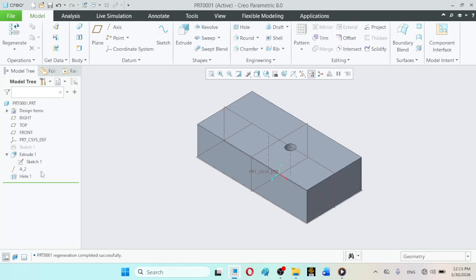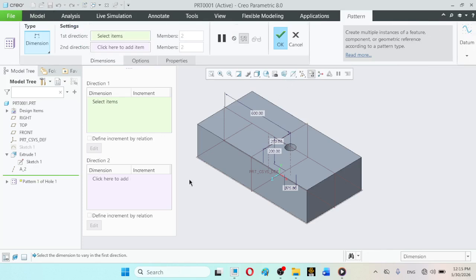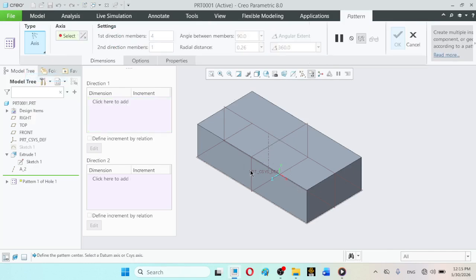So here the datum axis has been created, and after that you again click on hole and pattern, select the axis option and click on this axis. You can select it from here, or better select it from here. The other methodology is quite the same.